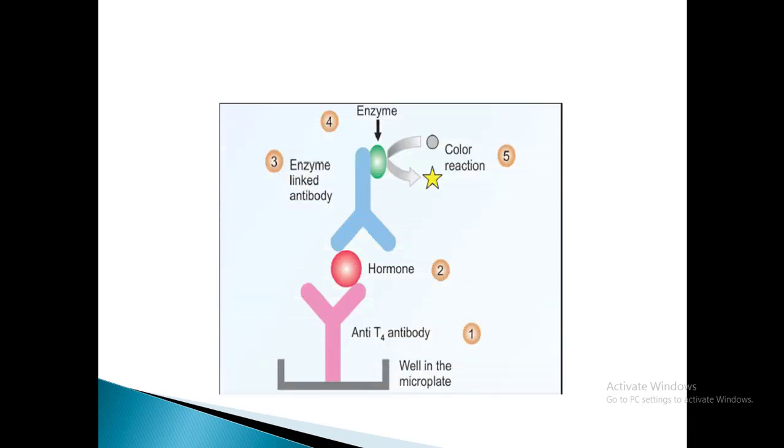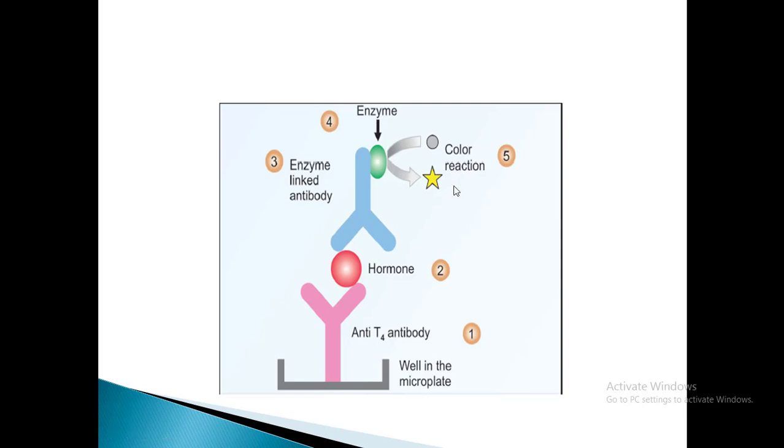So just magnifying what is happening at the level of microtiter plate. So this is a microtiter plate which is already coated with the antibody. Suppose our antigen of interest is a hormone, so it will bind to the antibody. Next, second antibody will be applied which is linked to the enzyme, hence enzyme linked immunosorbent assay. Now what does this conjugated antibody do? It will take part in the color reaction where colorless substrate will get converted to colorful product.